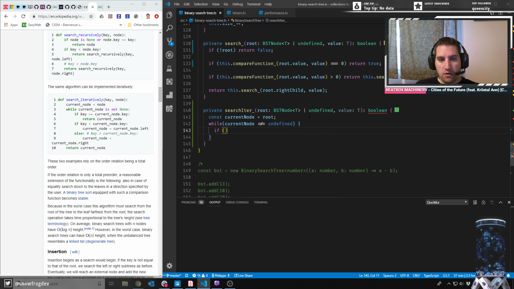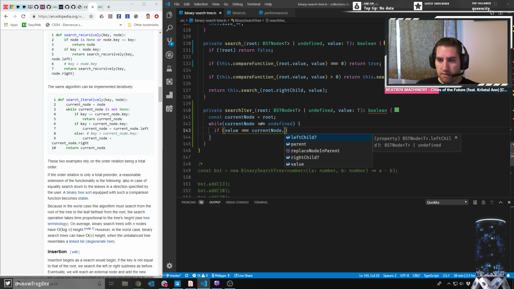If the value is equal to current node dot value,